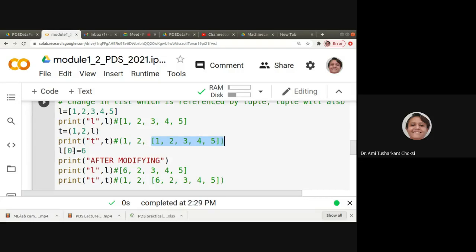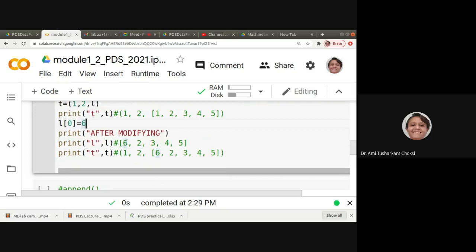Now what I am doing is L of 0 is equal to 6. I am modifying the list which was referenced in the tuple, right? So what is the case? After modifying, if we print L, we'll get 6, 2, 3, 4, 5, and print T, that is the tuple.